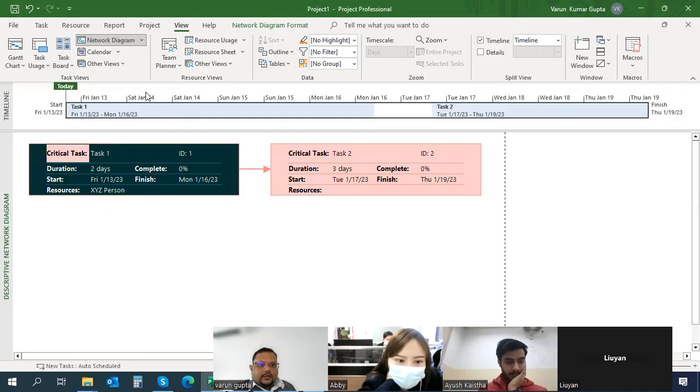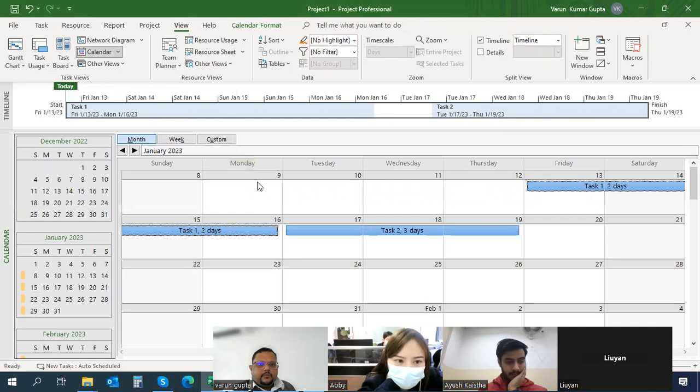So resources, you will get it over here. The calendar also, now this is the calendar view. In calendar view, you will be able to see how the tasks are running. So that's why it's always preferable. What I would say is that always try to first do it in your